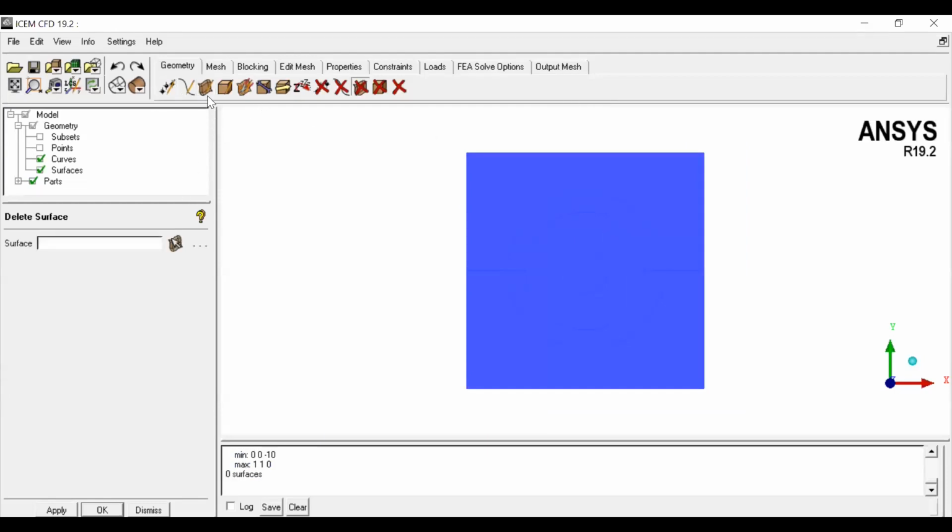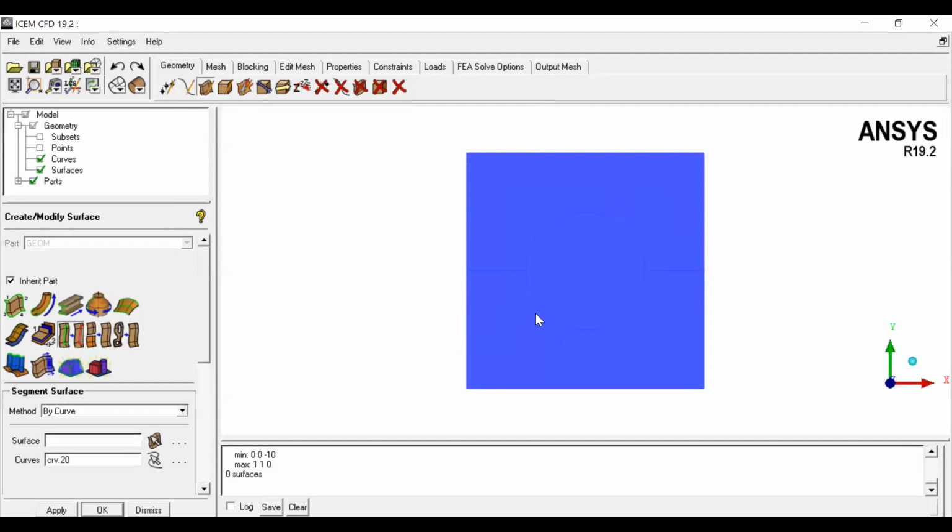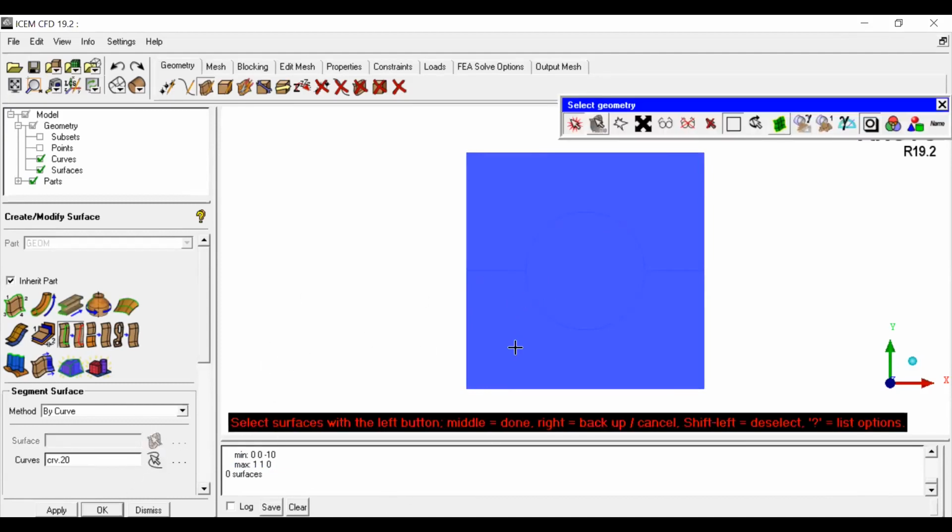Go to the surface command. This is a typical task when your geometry has lots of surfaces and you must ensure where the inlet and where the outlet are, and immediately trim it. You should not trim at the end. It is very difficult. That's why while you are creating the geometry itself, you must know your problem specifically. So let me select the surface. This is the surface. And the curve. This is the curve.